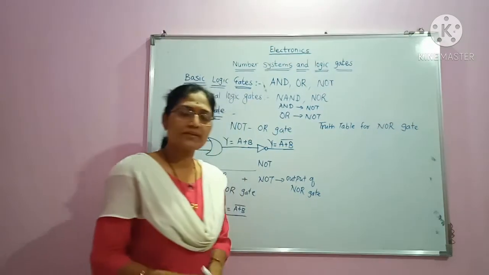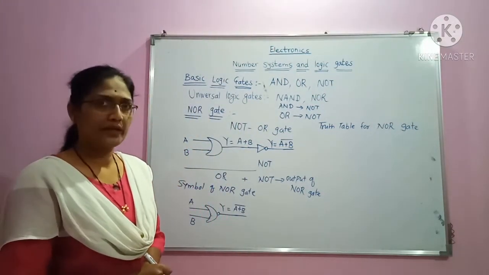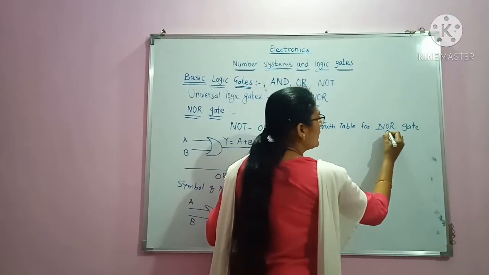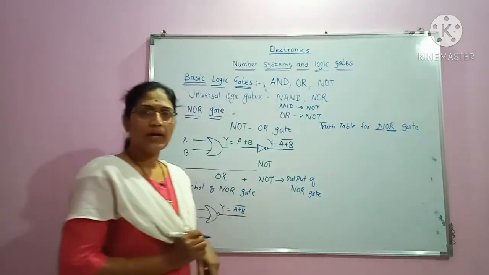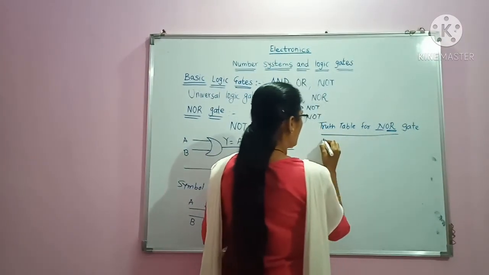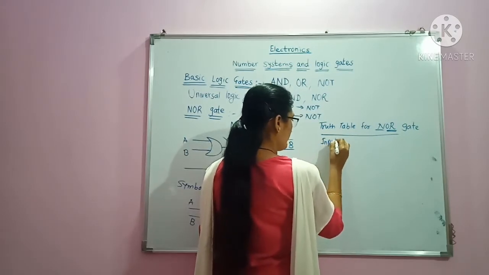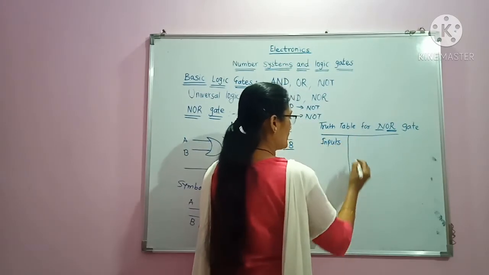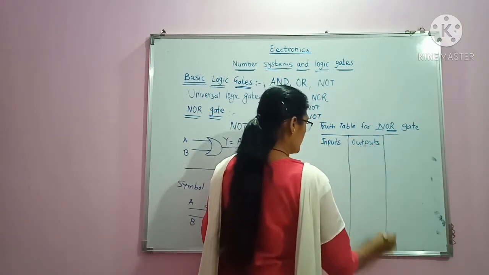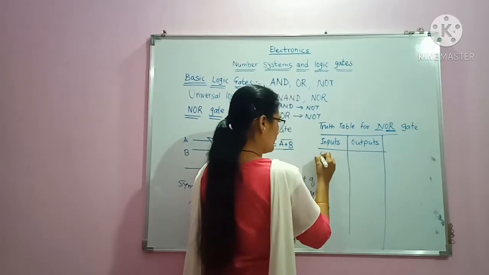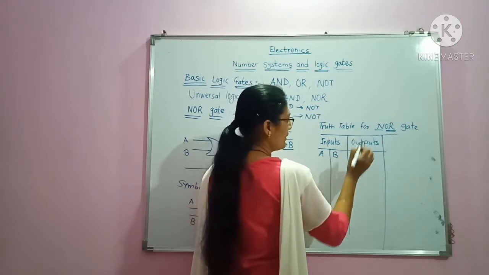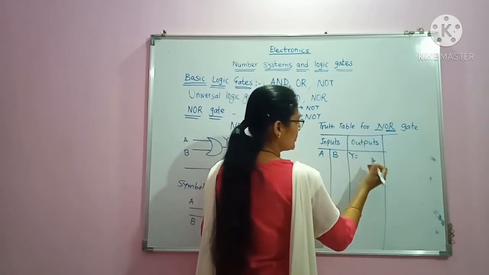In order to understand the truth table of NOR gate, one should have in mind the truth table for OR gate. So how to draw a truth table for NOR gate? You will require inputs and respective outputs. Inputs we are taking as A and B, and the output is Y, which is equal to